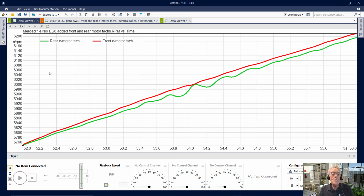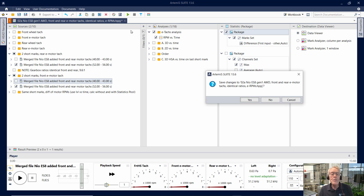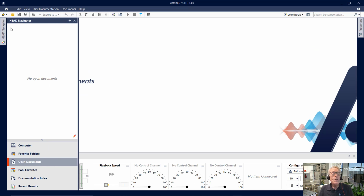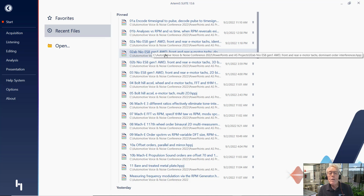So let me close this group, let me close this group, and let's close the project without saving. So it's ready for next time, and hide the head navigator when we get the next thing. So that was the front and rear e-motor tachometers. Let's look at this one,